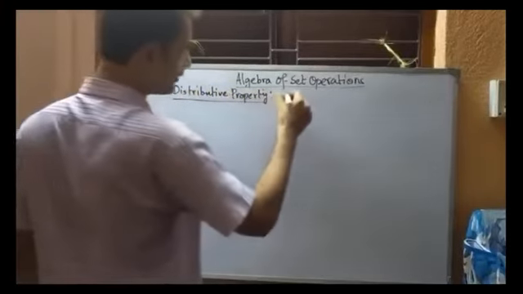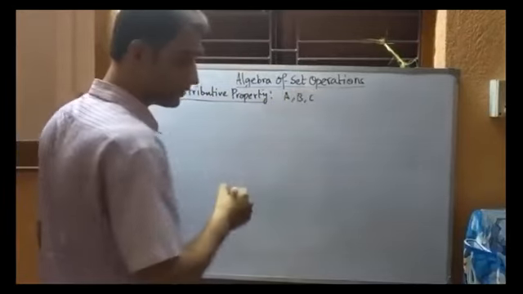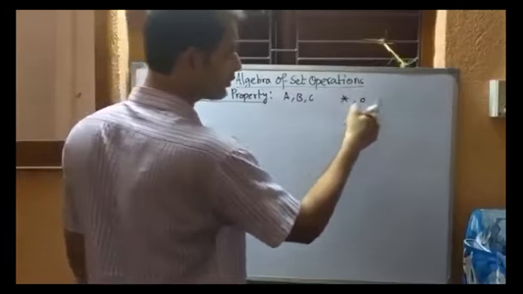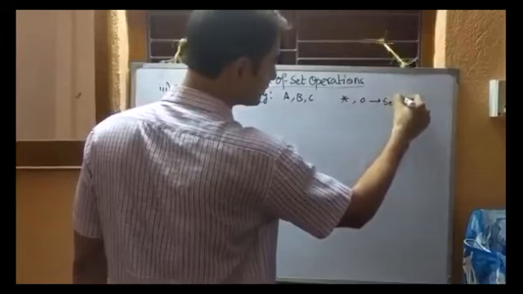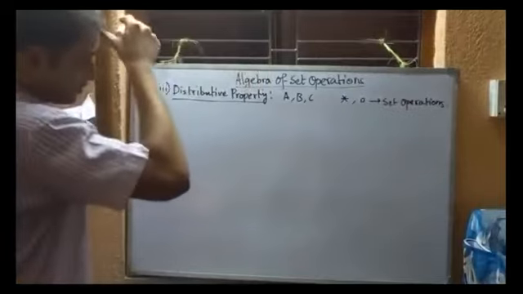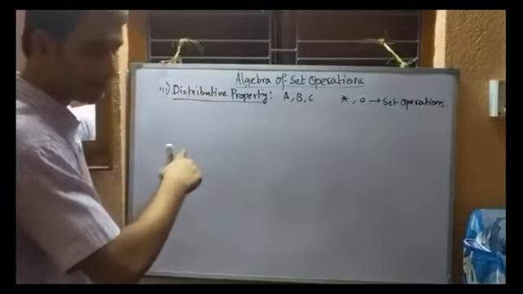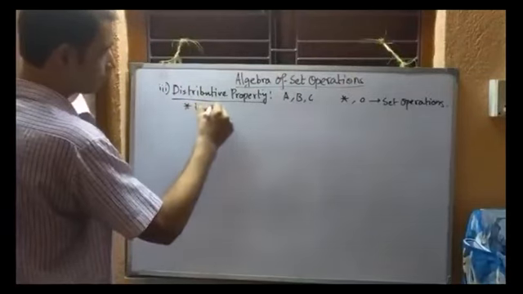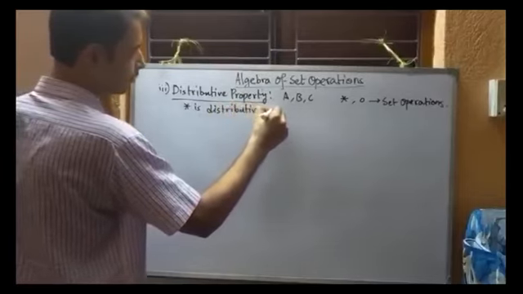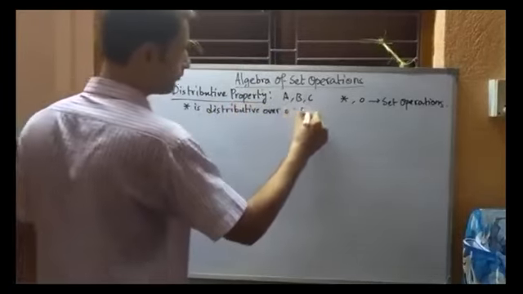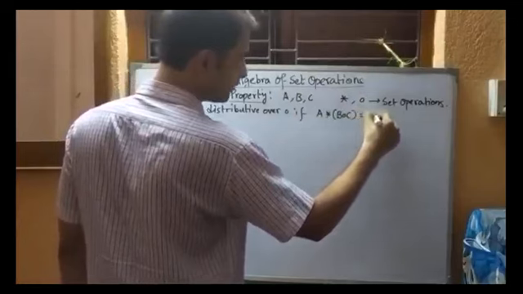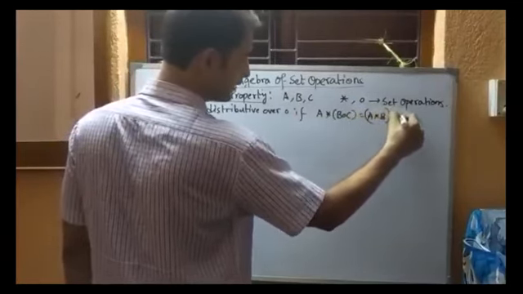For this we need again three sets A, B, C and two operations, say star, and this symbol is called dot. These are two set operations. Okay, so we say that star is distributed over naught if we see A star B naught C is given by A star B naught A star C,